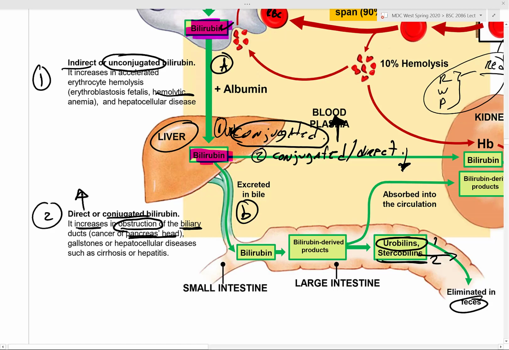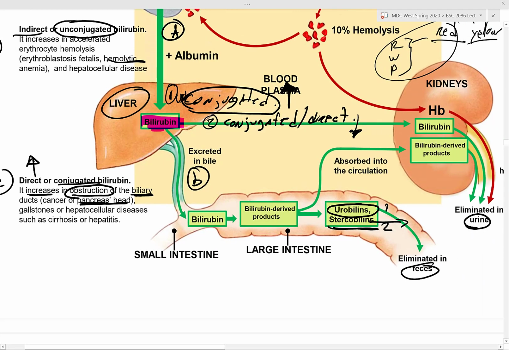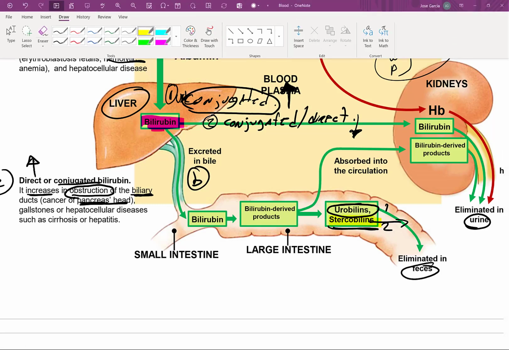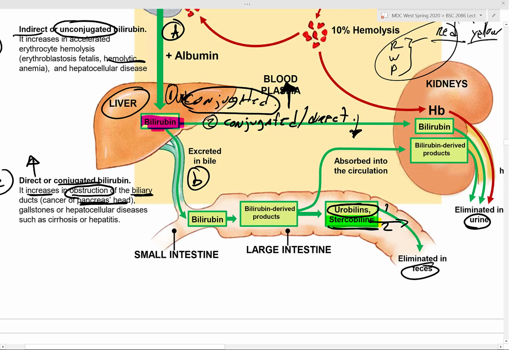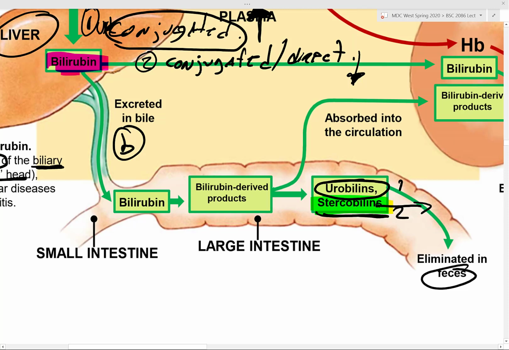So, what do we do with the bilirubin? Bilirubin becomes stercobilin or urobilin. What is stercobilin? Let me just use a little color. So, stercobilin here. We use that bilirubin, and now the bilirubin is becoming stercobilin. Sterco means what? Stercus, right? What does stercus mean? Stiff? No. No. That's horse poop.